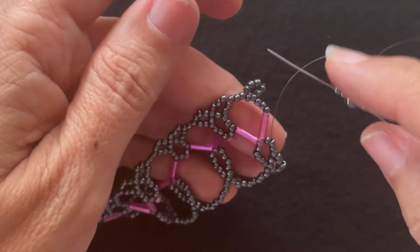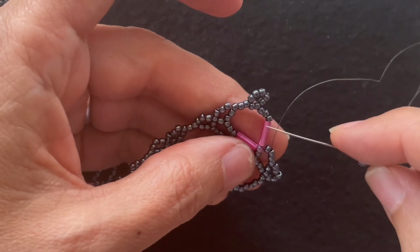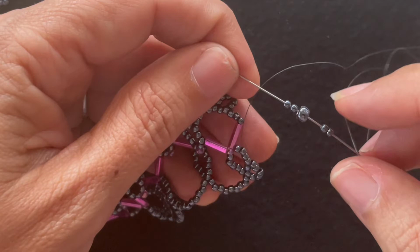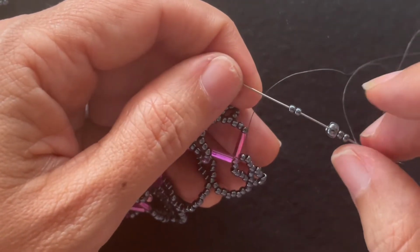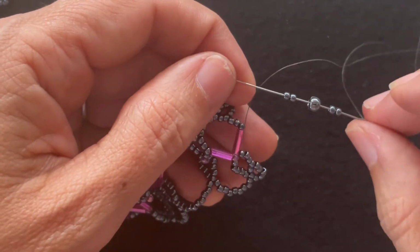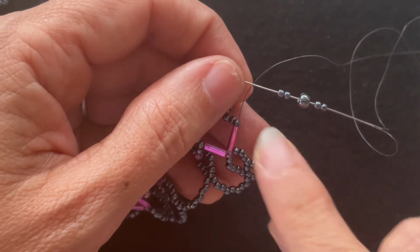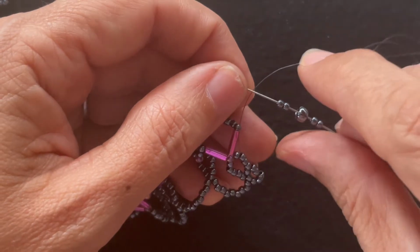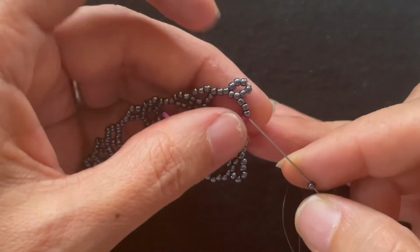Now, if I was using a longer bugle bead, like a 12 millimeter, I would put 3 instead of 2 here, and then 4 seed beads on the other side. But because I'm using 7 millimeter, number 3 check bugle beads, I'm just going to put on 2 and 2 instead of 3 and 4. Okay, so then I want to go up through